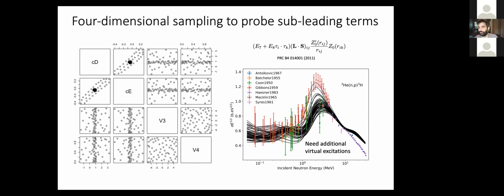So in general, we find that most of these realizations of the 3-nucleon force do not reproduce the data. So this either points to a problem in the 2-nucleon sector, or it means that the order at which we have the chiral interaction is not sufficient. This is the type of term that we need, all right? Because this is the type of term that takes us all the way up here, where the experimental data are. Now, I should say that this is not a full calculation, we might need to include the DD channel as well as a virtual excitation to shift this resonance to the correct position. However,